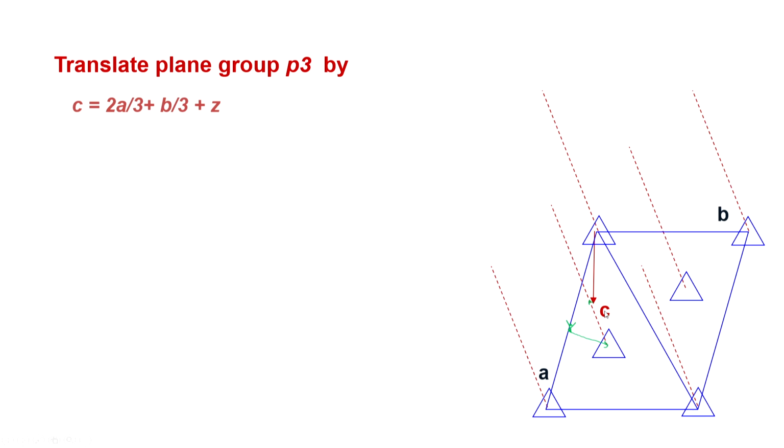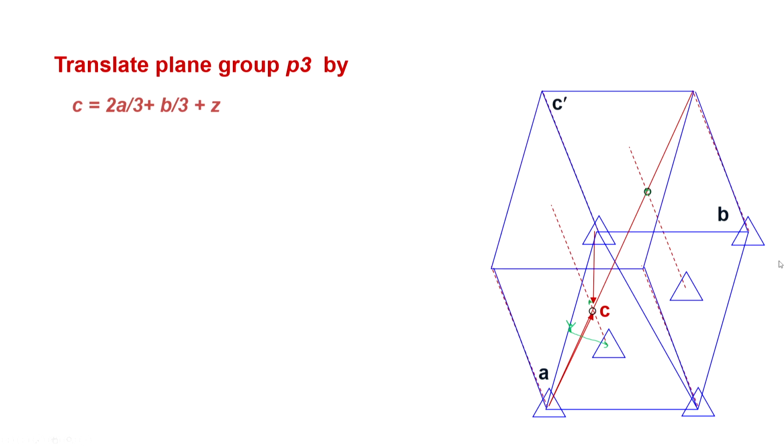Now, let me just change the orientation for this, and let me define this as a C vector, which is the same thing. Now, I can extend this C vector all the way to the other threefold rotational axis. So, essentially I have done C, then extended by another C and another C, therefore, this will have to be a lattice point out here. This will also be a lattice point. So, this is a lattice point. This is also a lattice point.